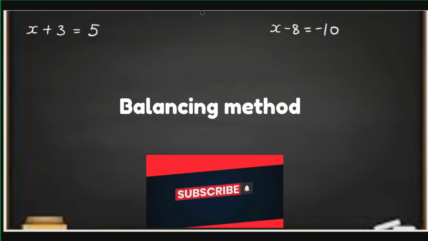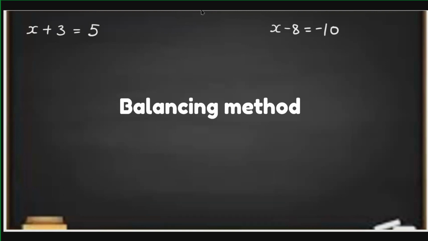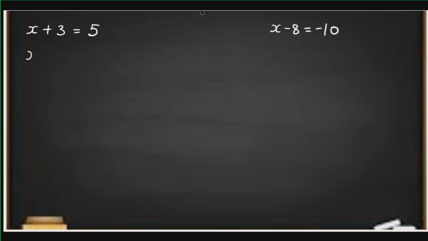In all the equations with one variable, we need only the variable on one side and the other numbers on the other side. So here in the equation x plus 3 is equal to 5, we want to get rid of plus 3. For that, we will subtract 3 from both sides. Once we subtract 3 from both sides, plus 3 and minus 3 will cancel and we'll get x is